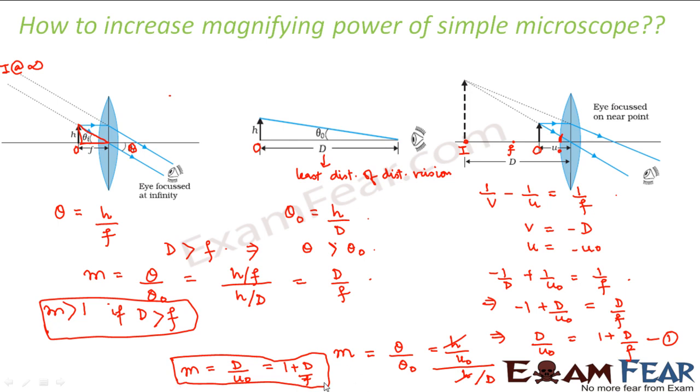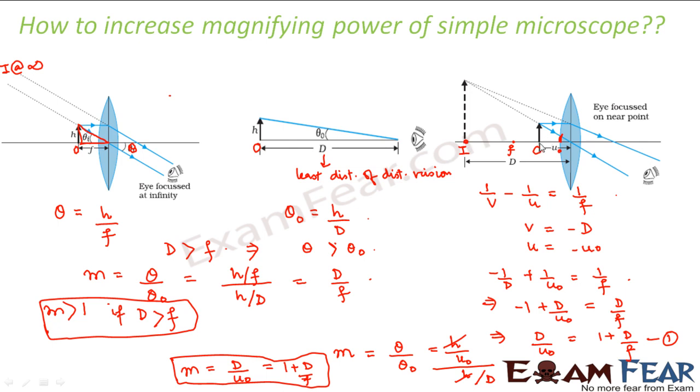So what can we predict from this equation? We can see that m can increase only up to a certain limit. Beyond that, the image becomes very defective, because if you look at it, it is 1 plus D by f. Now the factor D by f actually determines how large the magnification can be. And it is seen that the magnification can only go up to a certain limit, and after that, if the image comes out to be very large, in that case the image is very much defective, because here we have assumed that the image is at least distance of distinct vision.